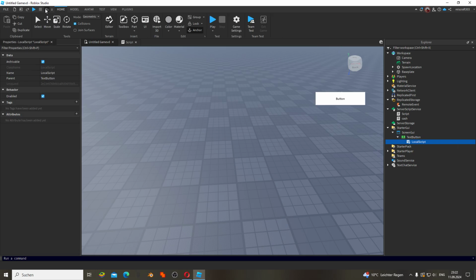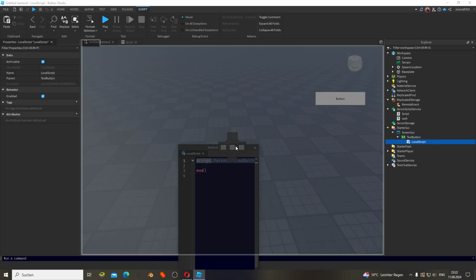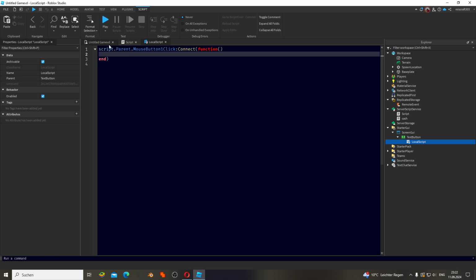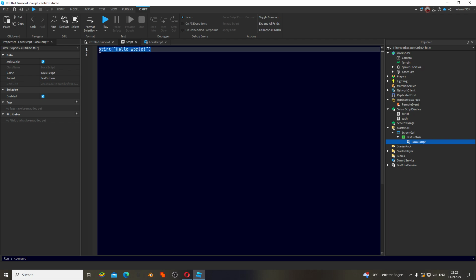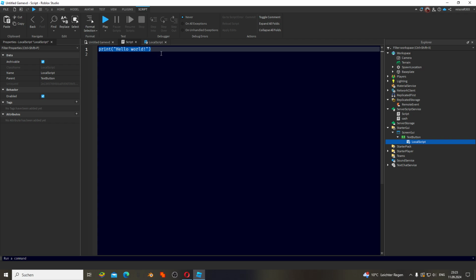So let me just go back again. That's why this needs to be a local script. So we only fire the function for that one player who clicked on it, and we need to send it to the server, so it will update his cache value on the server side, okay? That's how it basically works. What we're now going to say is game.ReplicatedStorage.RemoteEvent:FireServer. What this now does is it fires a function to the server, okay? And the server now collects it with